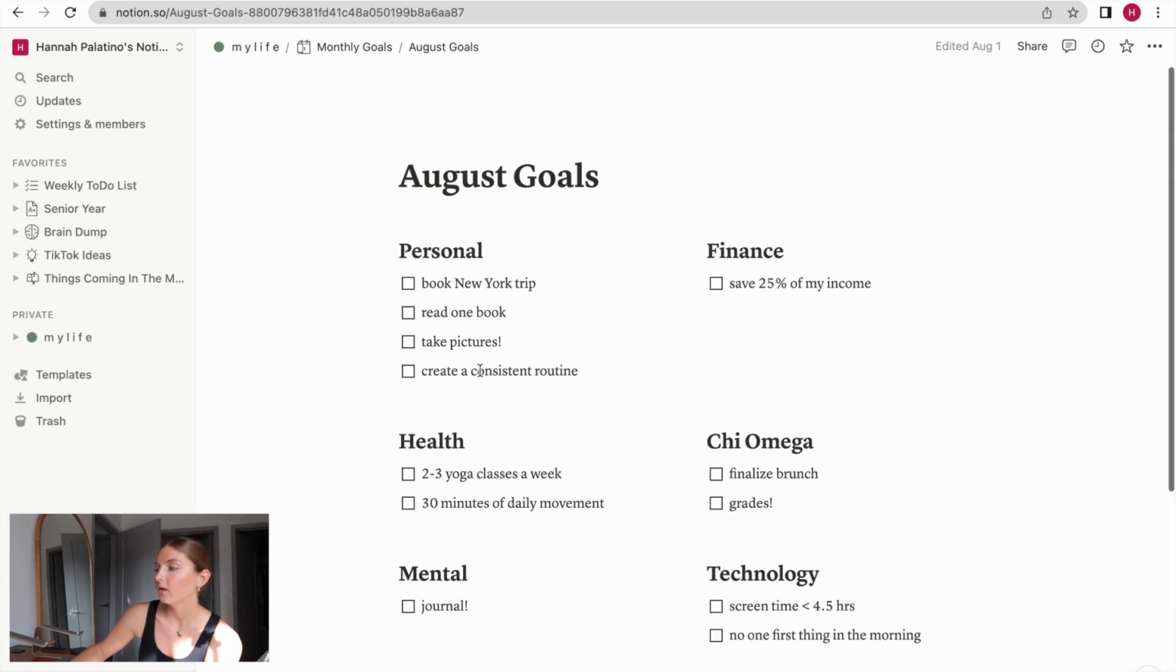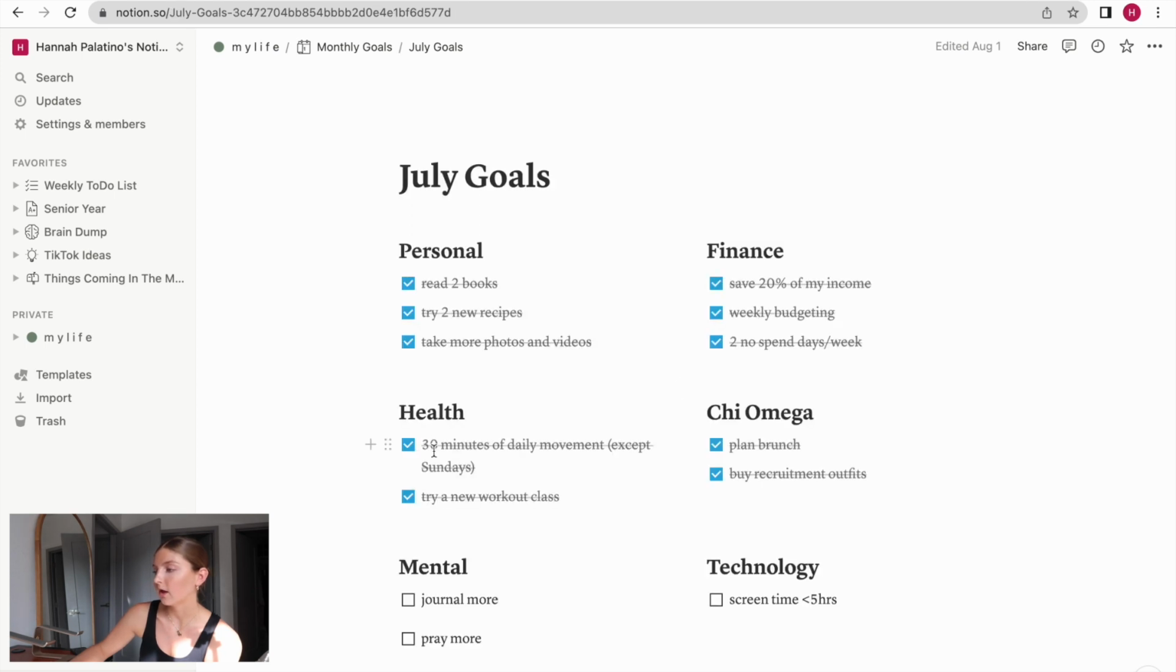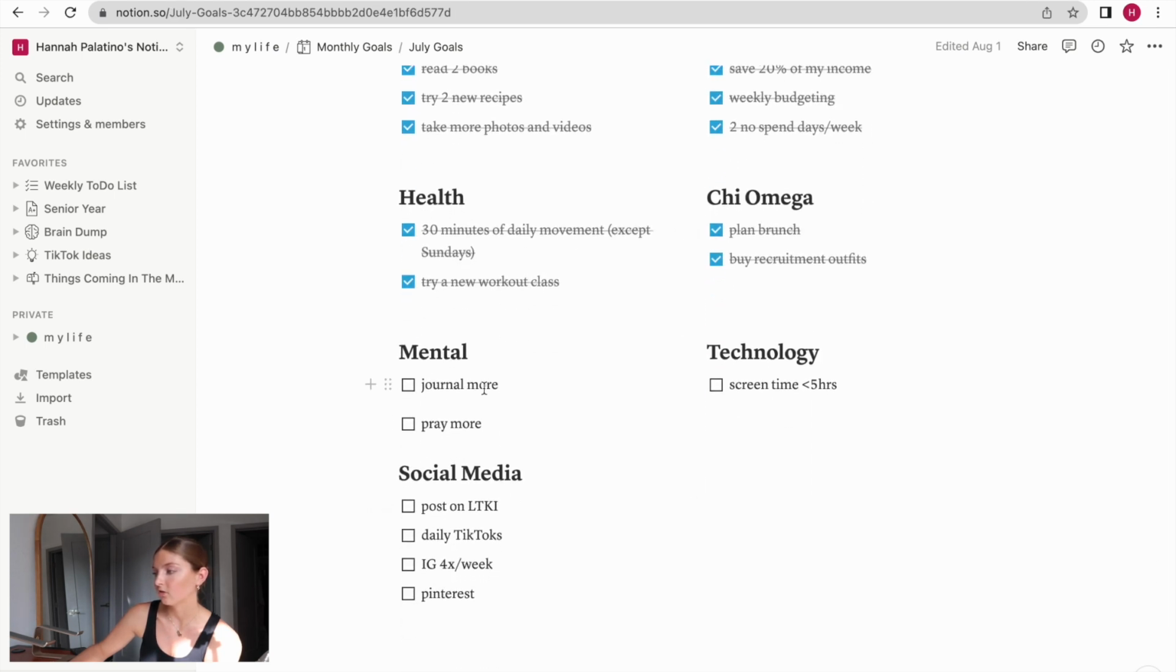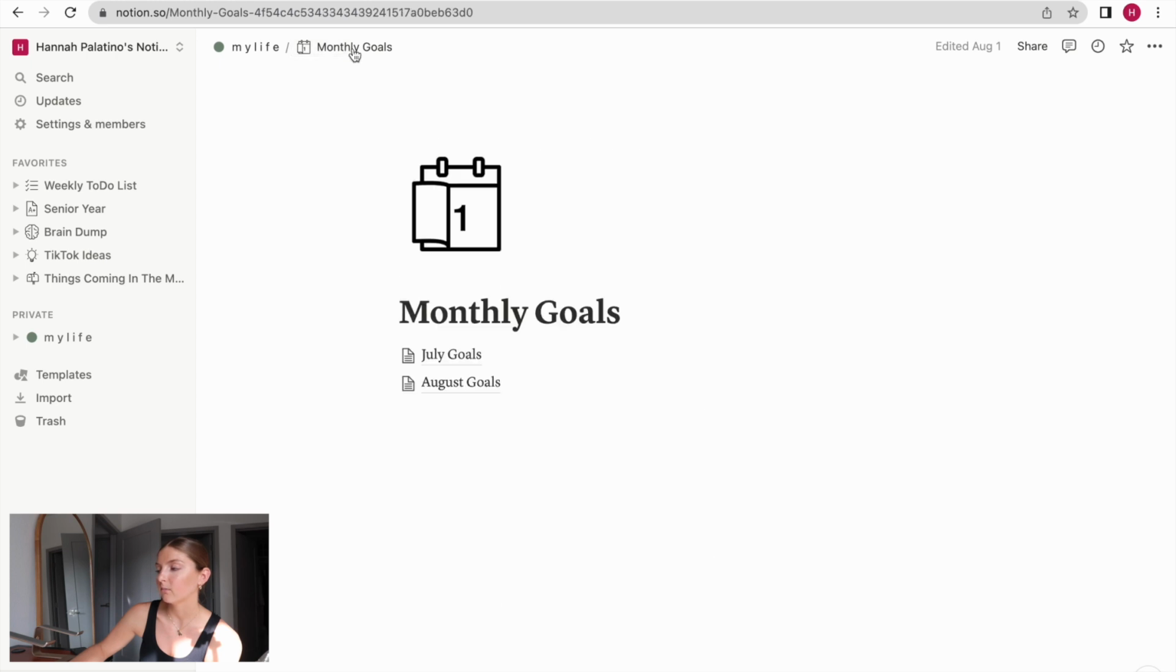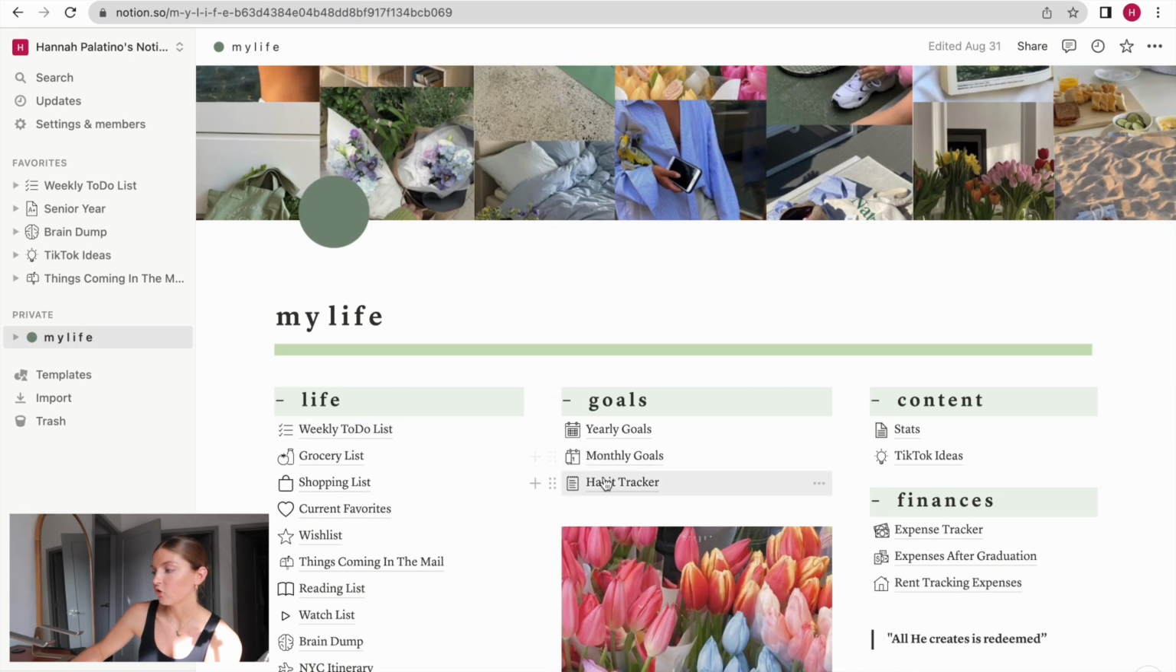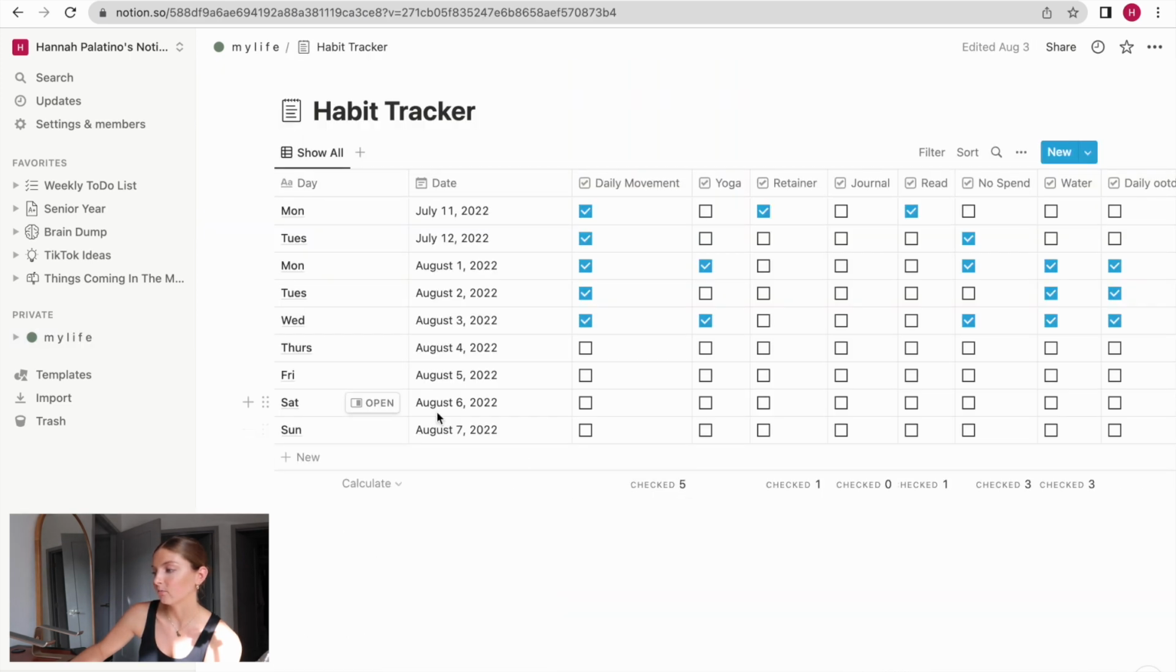So these are my August/September goals, but then I also had my July goals, which obviously I checked off. I think as the months go on, I'm just going to keep adding pages, which I think will be handy. And then lastly is my habit tracker, which, as you guys can tell, the last time I used this